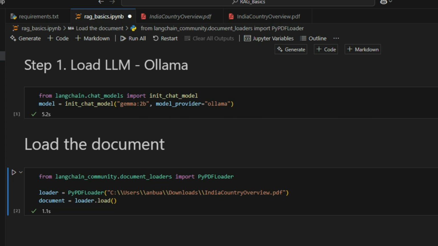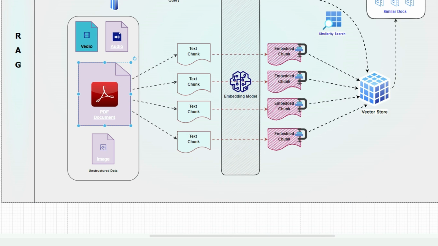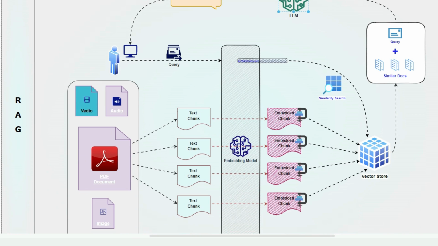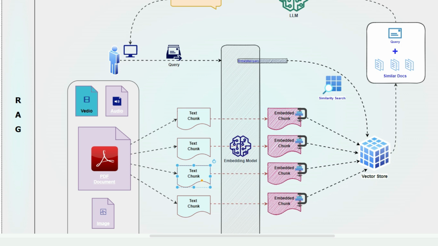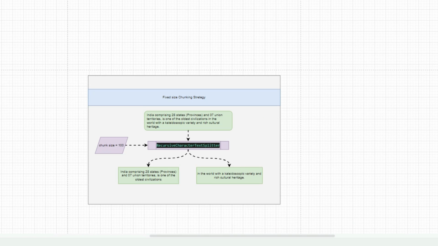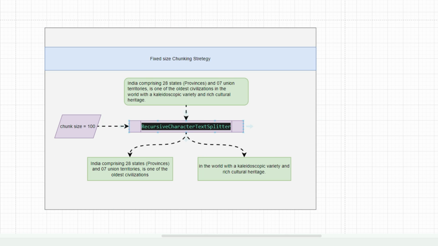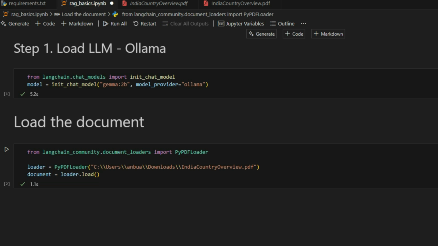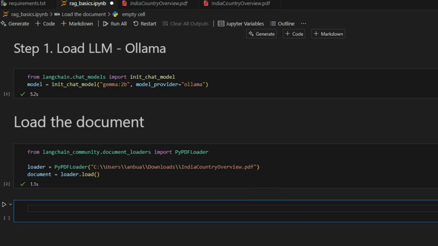Going back to the diagram, now we have loaded our PDF and also our LLM model. So these two are ready. Now I'm going to split the data inside the PDF into text chunks. I'm going to use the recursive character text splitter. That's going to come from the LangChain text splitters package, which I already have here. You can just include that. So I'm going to say,